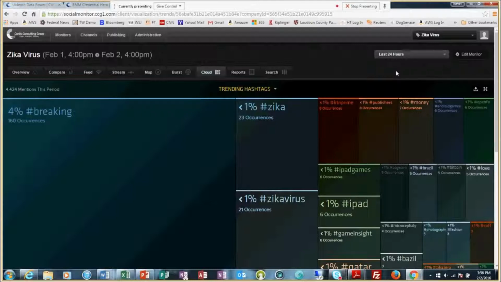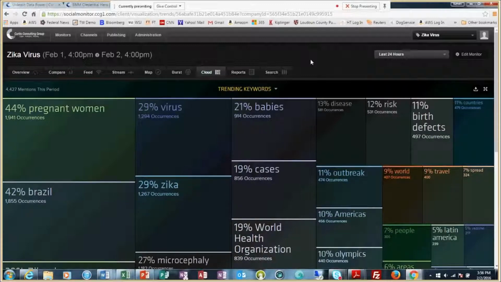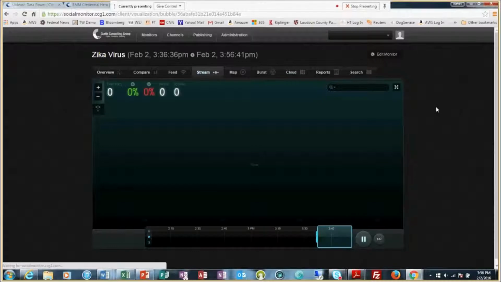We actually started a monitor to see what kind of discussions are going on around the Zika virus. And here's how hashtags, for example, are trending. And here are some of the keywords that are trending around the Zika topic. As you can see, 44% of discussions are around its impact on pregnant women. And a lot of discussions are around Brazil as a geography. So it really begins to give you a very deep overview of the global level of social media discussions around